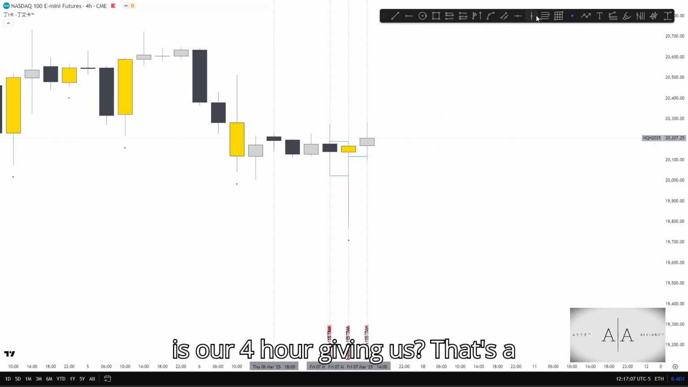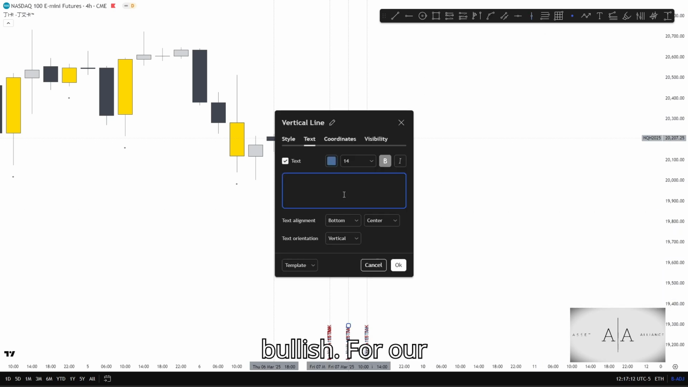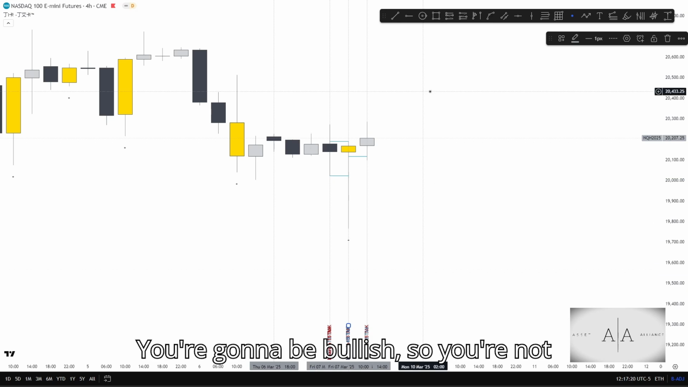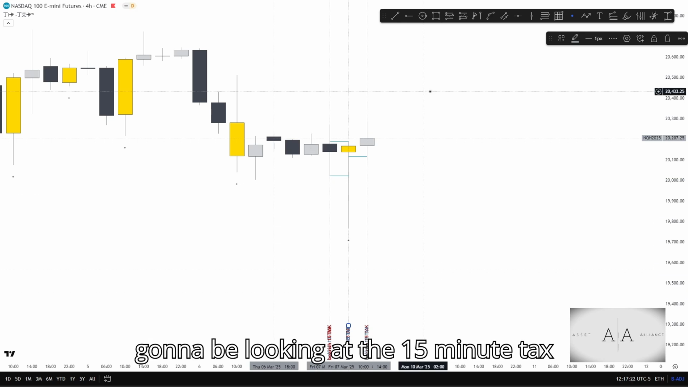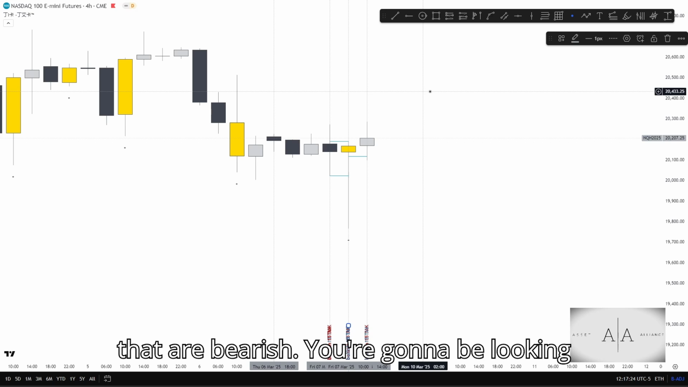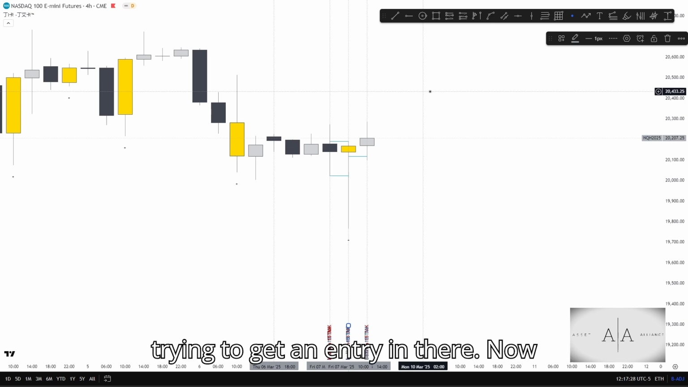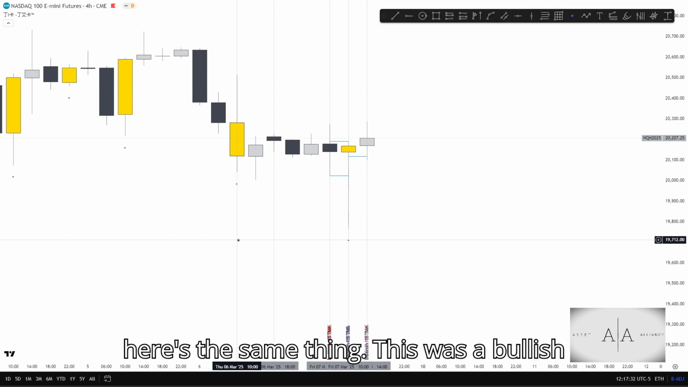What is our 4 hour giving us? That's a bullish 4 hour tech. So since it made a low, you're going to be bullish. So you're not going to be looking at the 15-minute techs that are bearish. You're going to be looking at the 15-minute techs that are bullish, trying to get an entry in there. Now here, same thing. This was a bullish 15 tech,